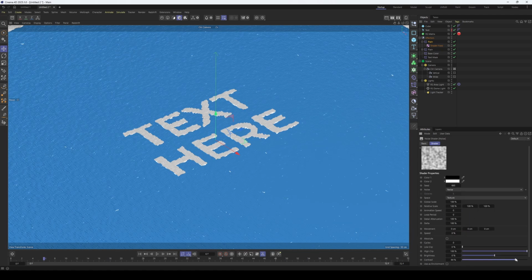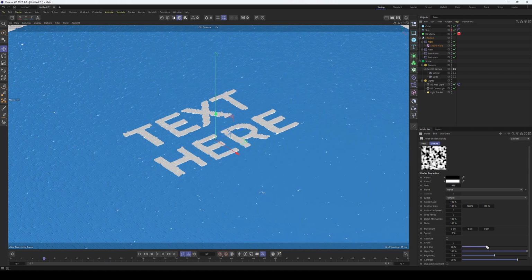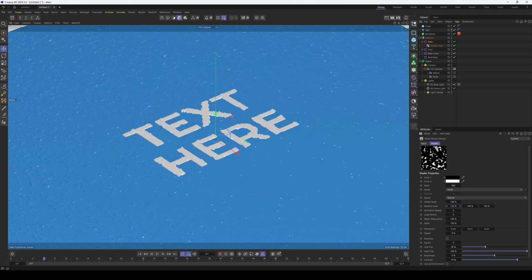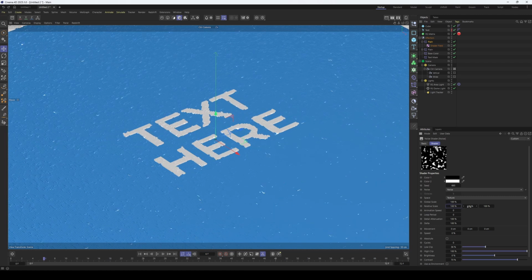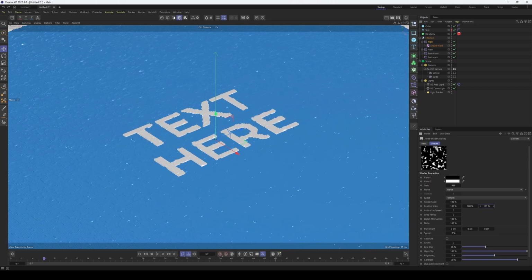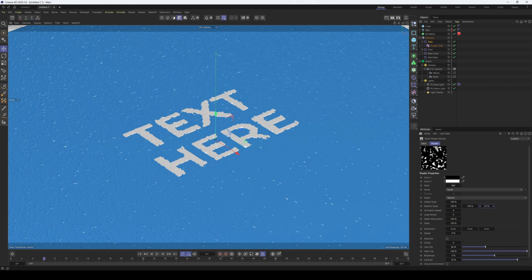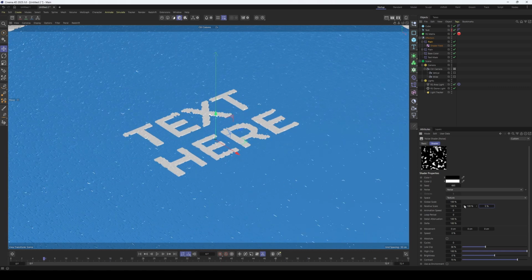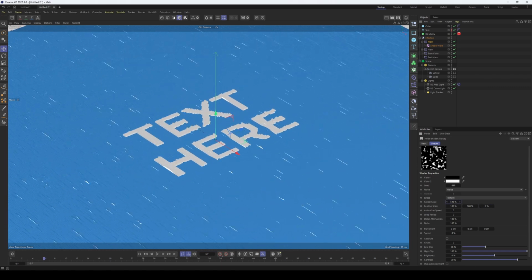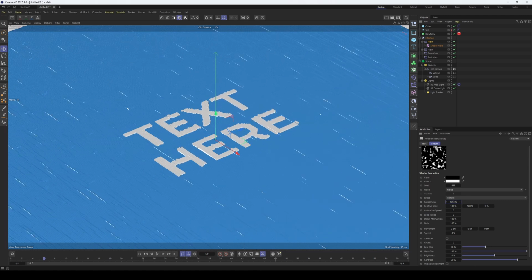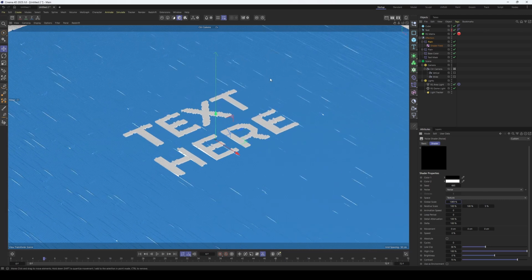Let's turn the contrast up a little bit, maybe 70. Low clip, we'll turn that up as well. Now we want to change this relative scale because we want to stretch it so that they're almost like lines. So we need to change this relative scale here, I think. I'm going to turn this all the way down. Let's try 5, and then maybe turn the scale up. So we bring the scale up. It's kind of hard to see in the viewport. I don't know if it'll be any easier. No, it's not really, but